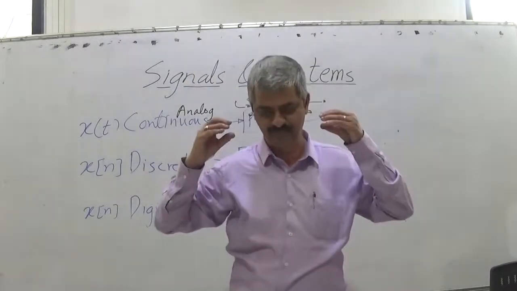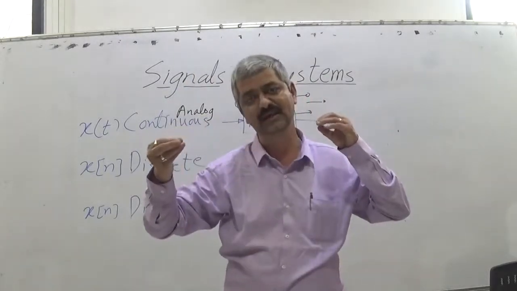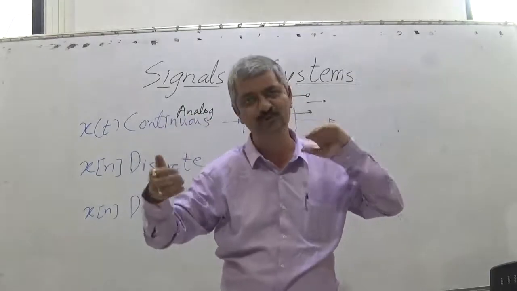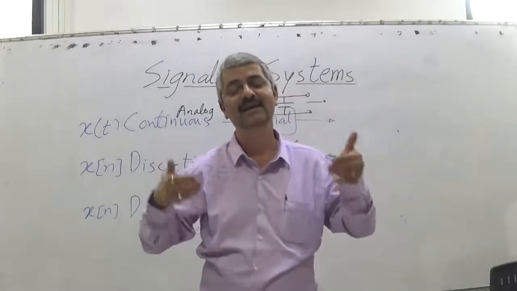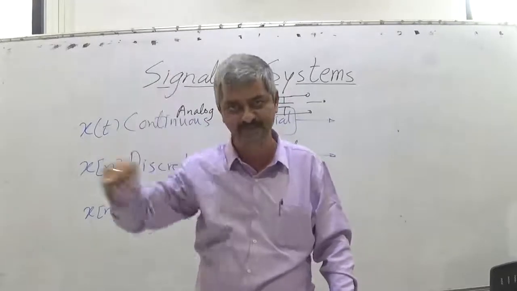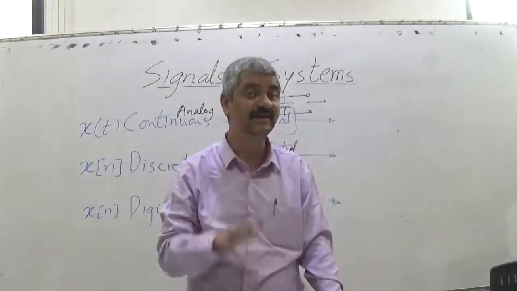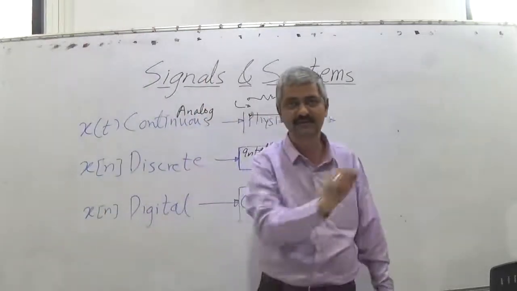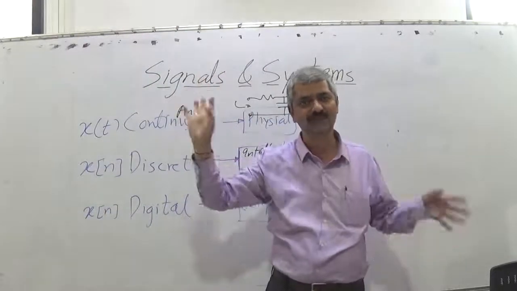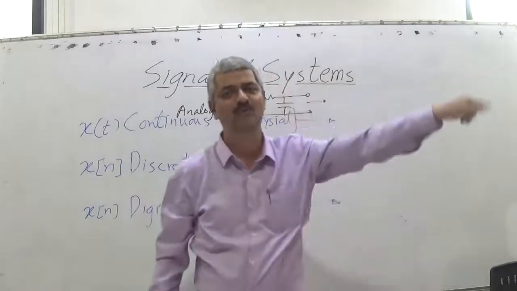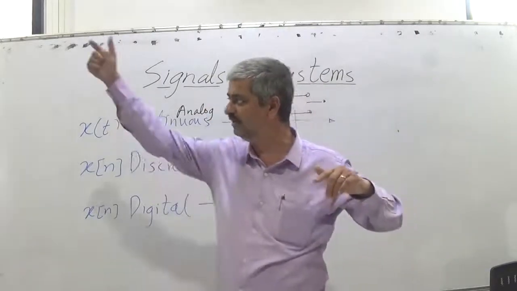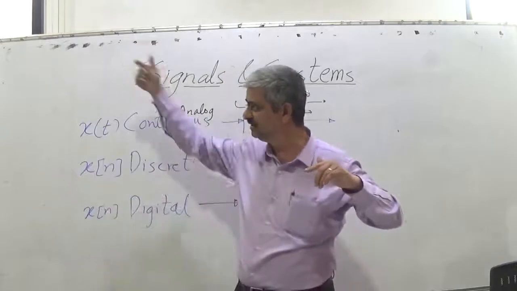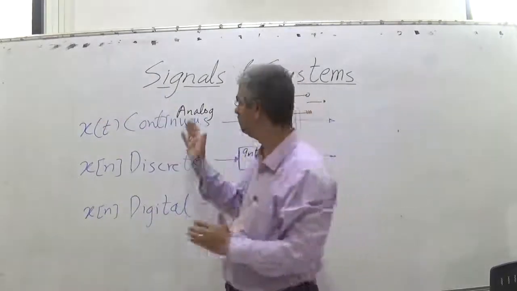So x in t or xt as input, yt as output. What is xt? xt is a moving point. Remember, I again repeat, xt is a moving point in 2D plane. And yt is also a moving point in 2D plane. So on this side, input is there. So there are two parts.